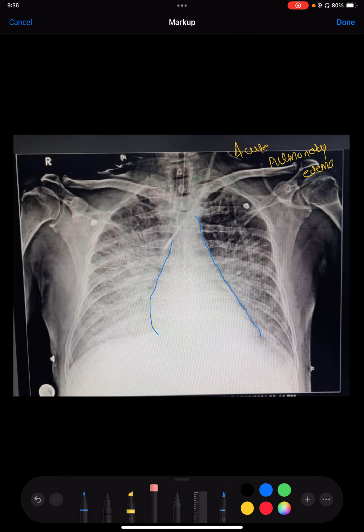So this is the heart, and apart from the heart, what we can very clearly see are very dense, fiber-like lines which are going from the center, which is the hilum. This area is the hilum. Hilum means where all the blood vessels to both the lungs go from this area to this area. Not only the blood vessels, the pulmonary artery, pulmonary veins, the bronchi, all these things actually